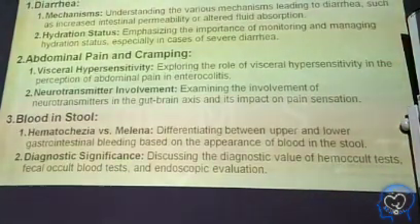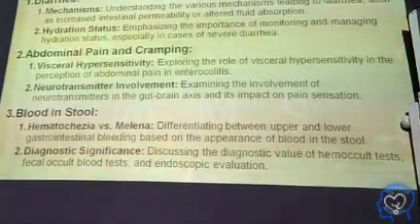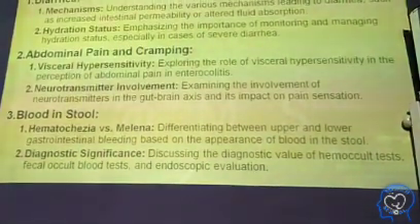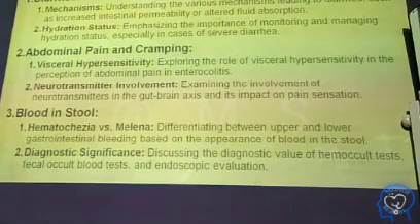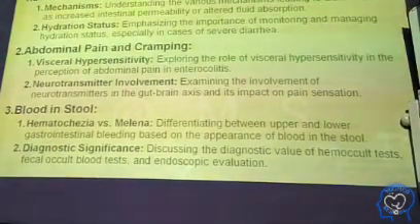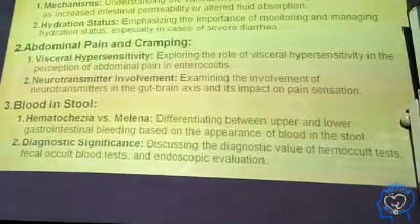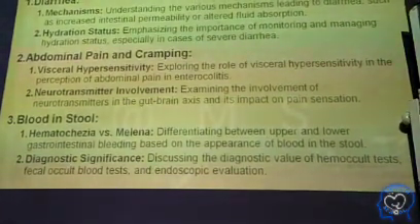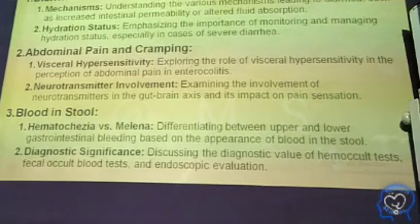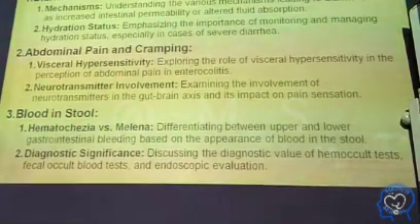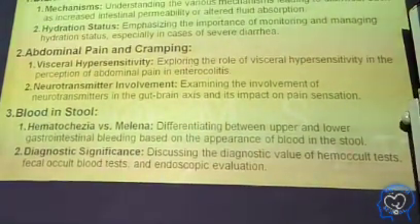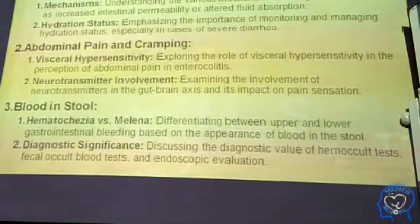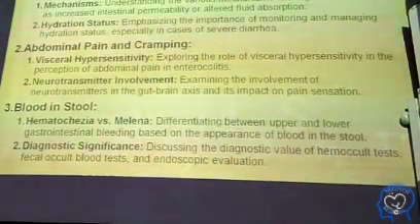So the symptoms of diarrhea: the candidate is understanding the various mechanisms leading to diarrhea, such as increased intestinal permeability, just to lose water rather than absorb, altered fluid absorption, hydration status also disturbed, abdominal pain, cramping, visceral hypersensitivity, neurotransmitter disorders, and